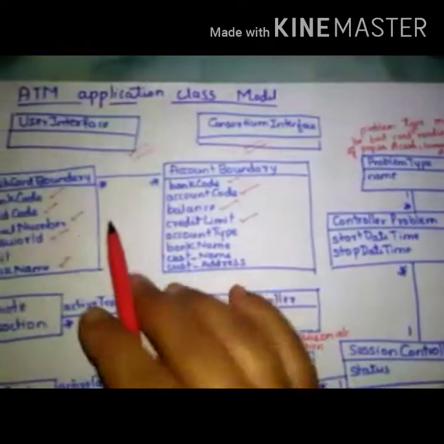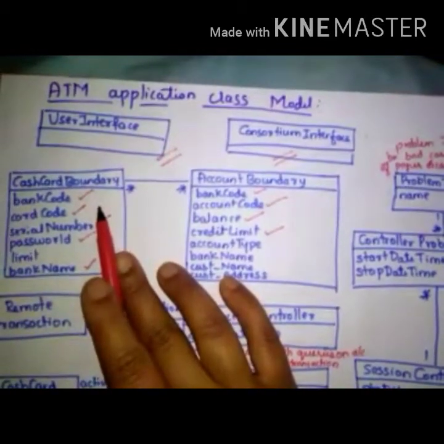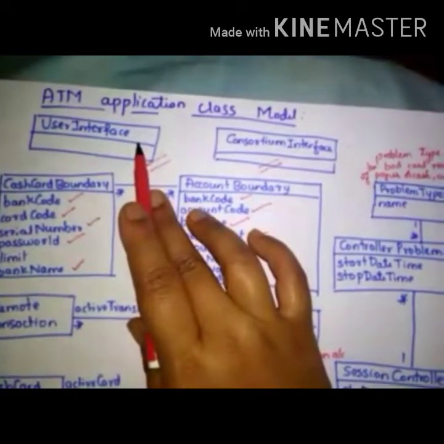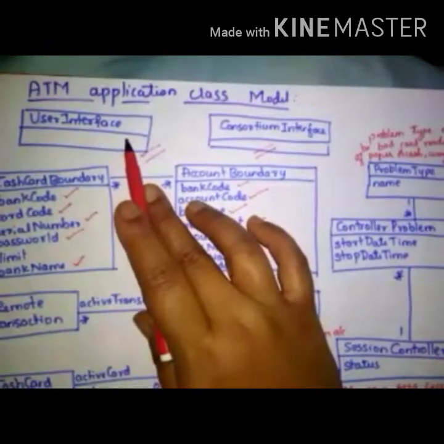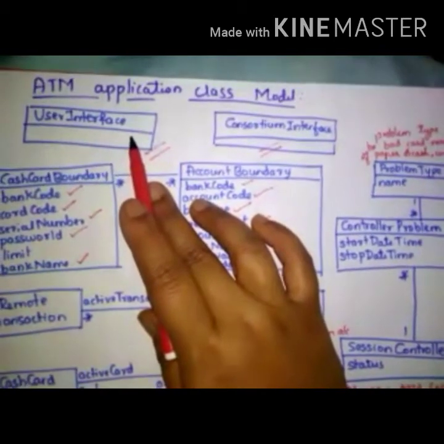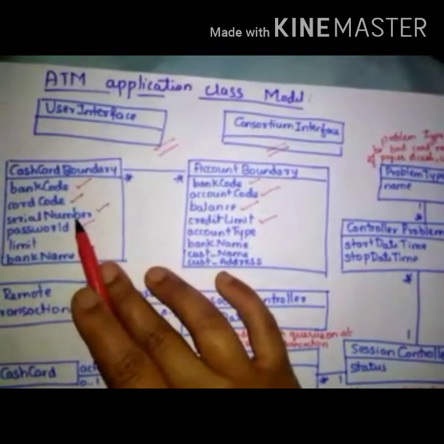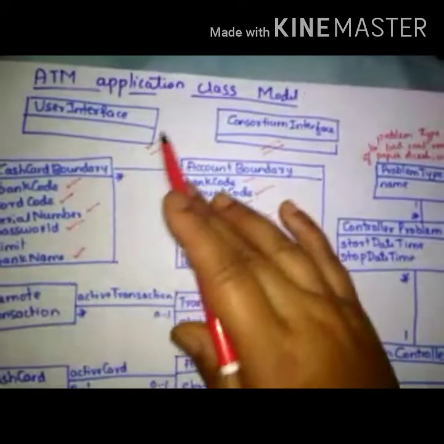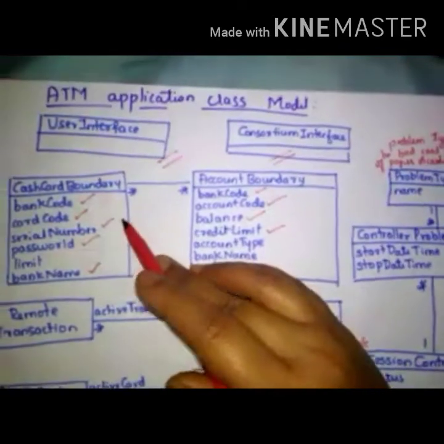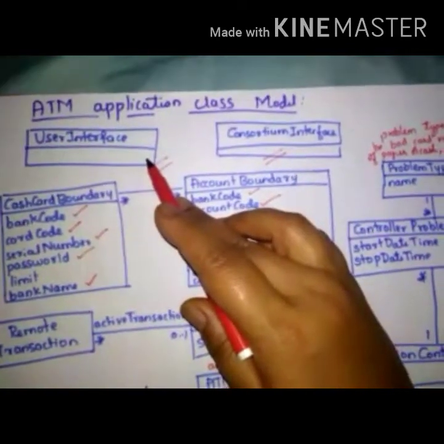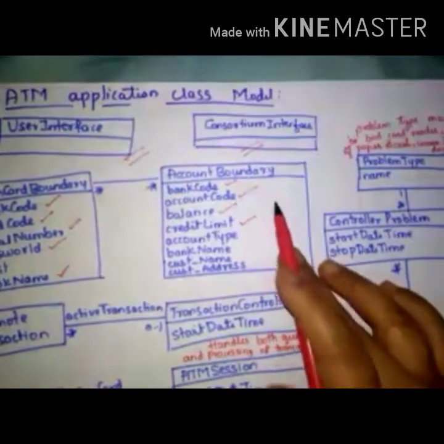That is, when a particular person using his cash card wants to interact with the ATM through the user interface, initially what will happen? The user interface is a visualized operation which will be seen by the user, and the cash card is communicating between an external world entity, a customer, and the system, right? So when he inserts a particular cash card into the ATM system, at the backend it talks to the consortium interface to cross verify his authentication.